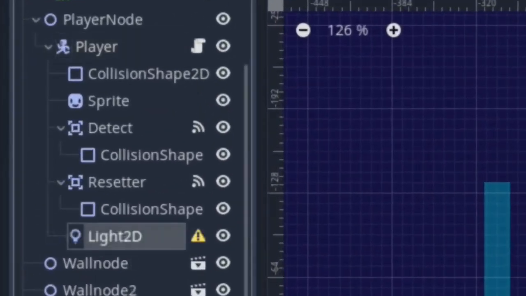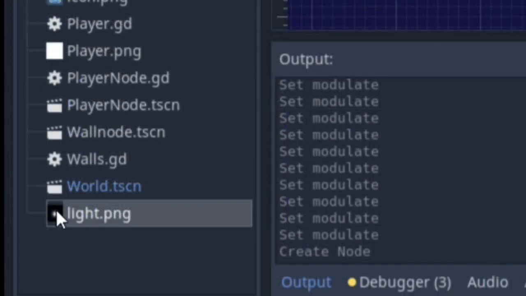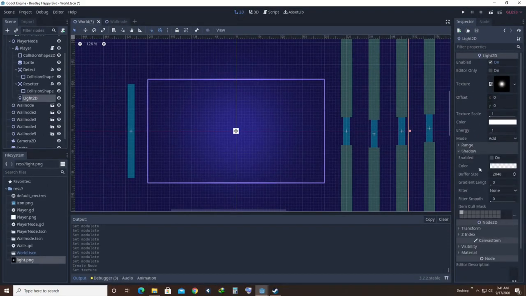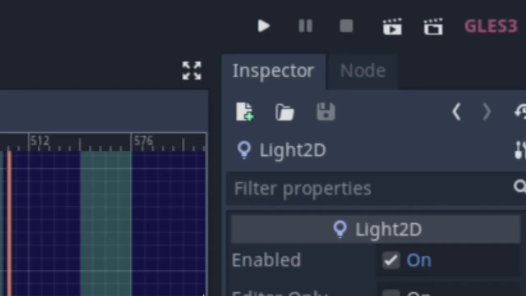Reason why is we're going to be adding in a light 2D node as a child of our player. Upon adding the light 2D node, add in an image of a spotlight into the inspector window. Don't forget to enable shadows, and once you're